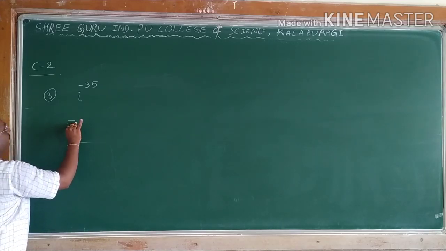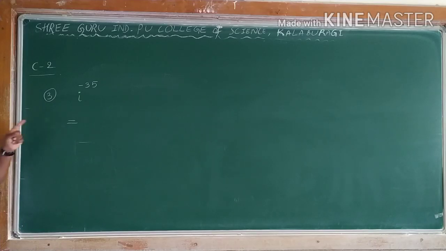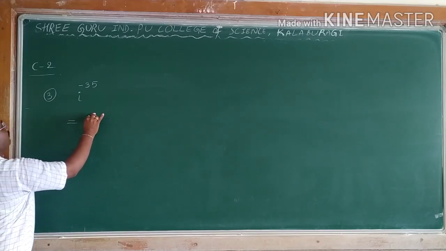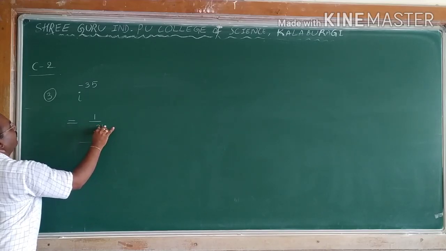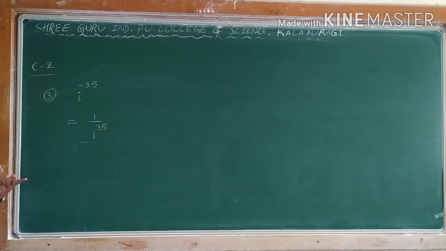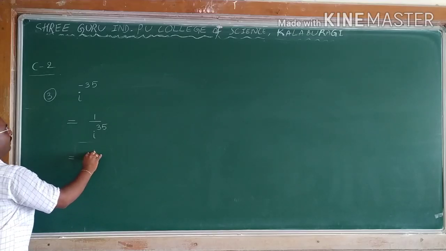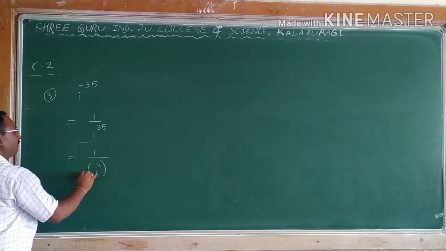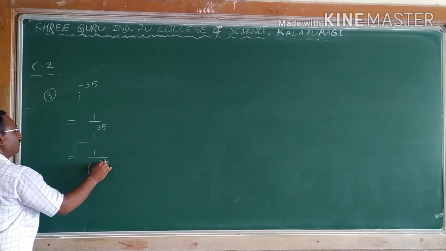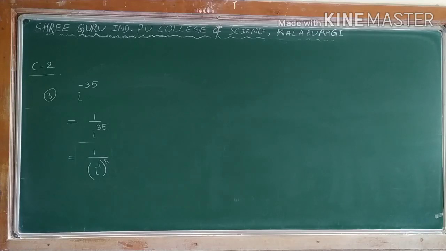This can be written, make it positive first, 1 by i power plus 35. Solving the procedure, 1 by i power, 4 8s are 32. Here 35,